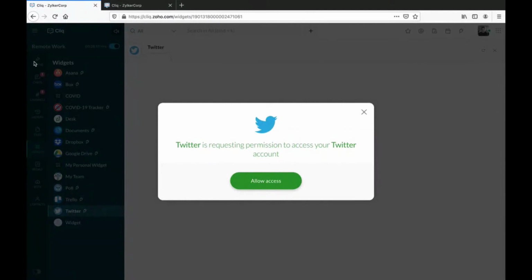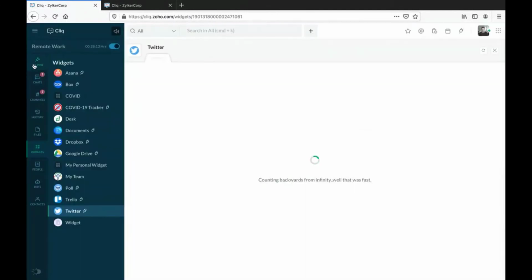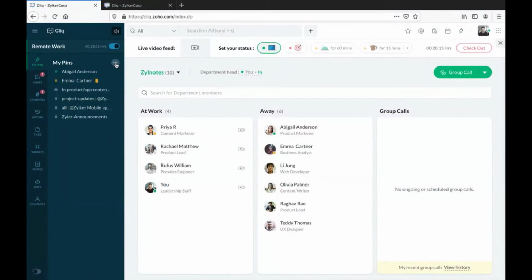So first, let's start with the first section, My Pins. Researchers have shown that decluttering your workspace helps you to reduce anxiety. It makes you feel more energized and releases stress. Now, with half of the world working remotely, our business communication software acts as our virtual space. So it's very important that we declutter it and keep it organized to help us stay focused.